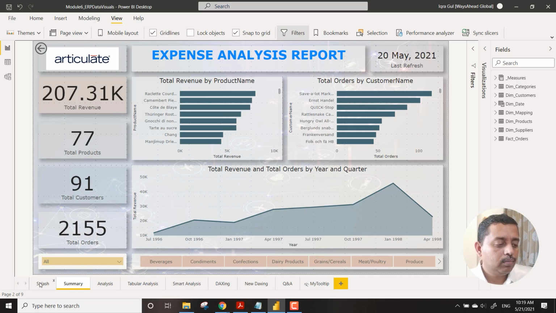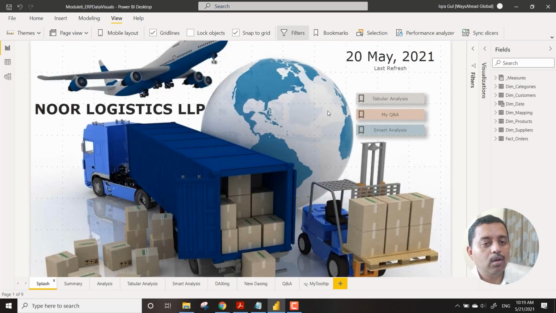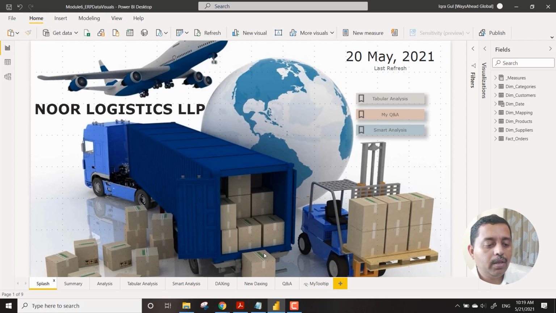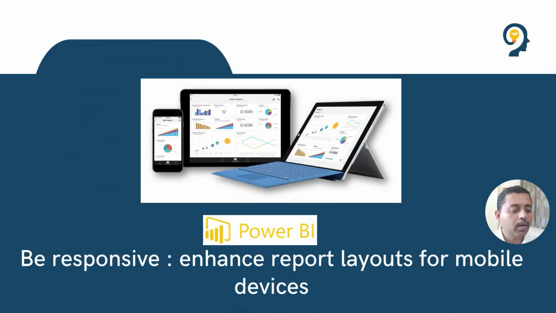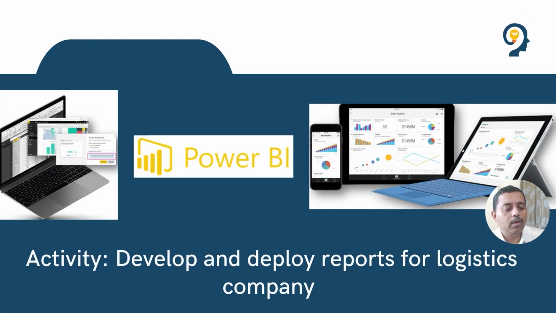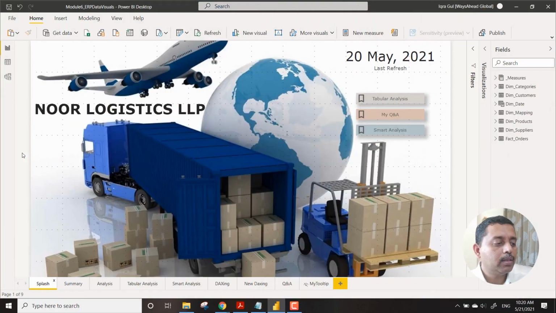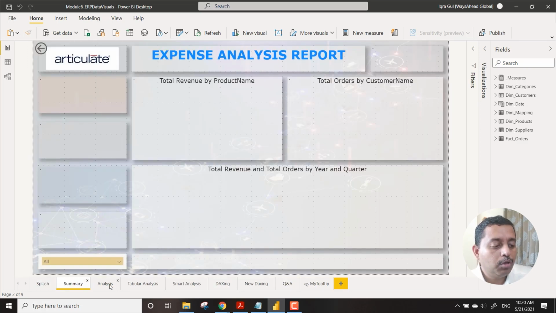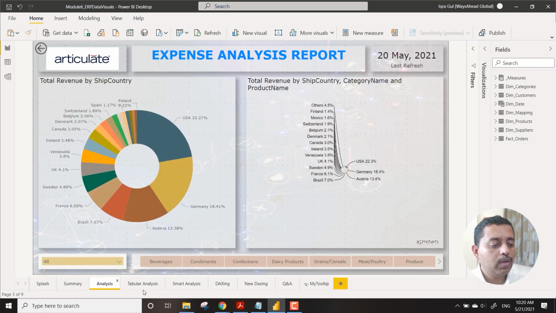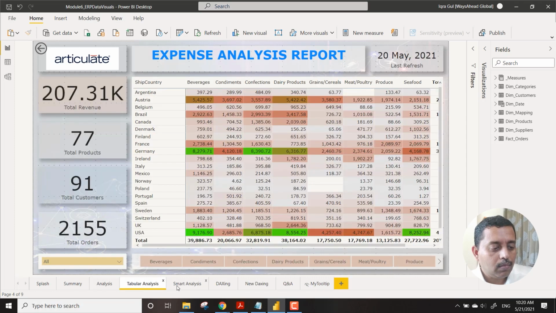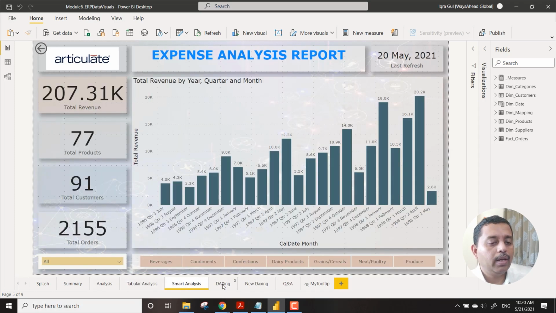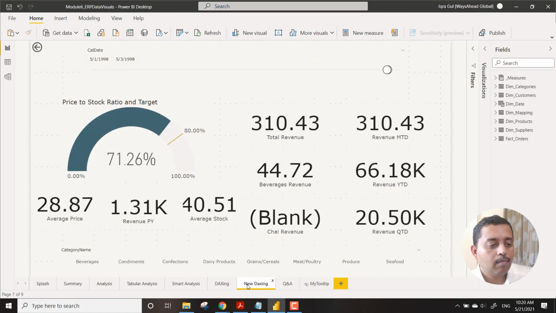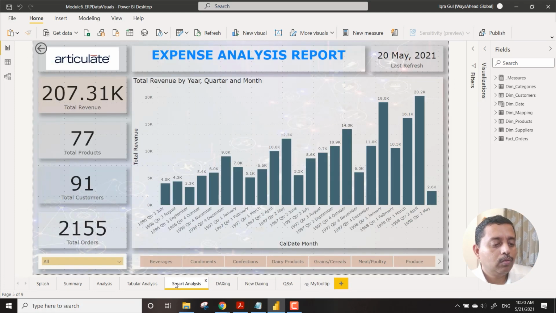So now my data is all ready. So what we can do is, by the time we do a quick recap of this entire thing, what we will do now is, we have already developed this report. So we might just bring up one or two visuals over here. So these are the visuals we have already made. I would like to bring in one more visual over here. So something like this.